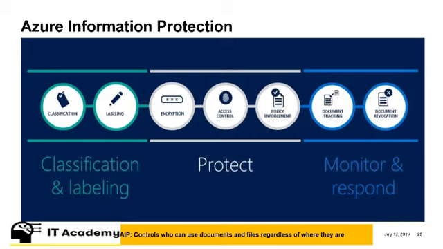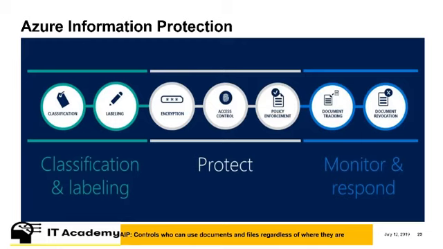What that means is we might have that financial returns Word document. It could have fallen into the hands of a competitor. It could have fallen onto the USB drive of a network attacker, or it could have made its way into the hands of a journalist. That person, if they can't decrypt the document, they can't do anything with it. So in order to decrypt the document, they have to authenticate against Azure AD to be able to access the